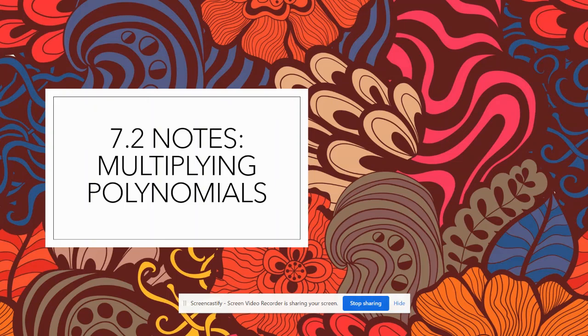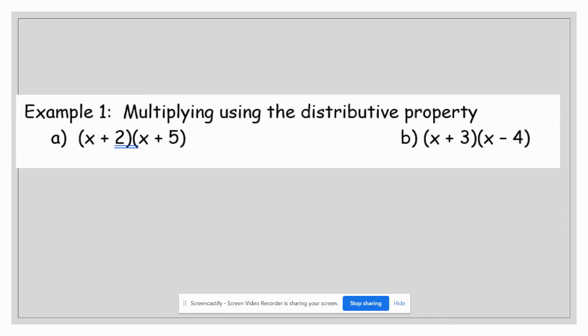Welcome back. Today we're going to talk about multiplying polynomials, and we're going to look at 4 different ways that we can do this. So the first method that we're going to talk about is the distributive property, but before we get there,